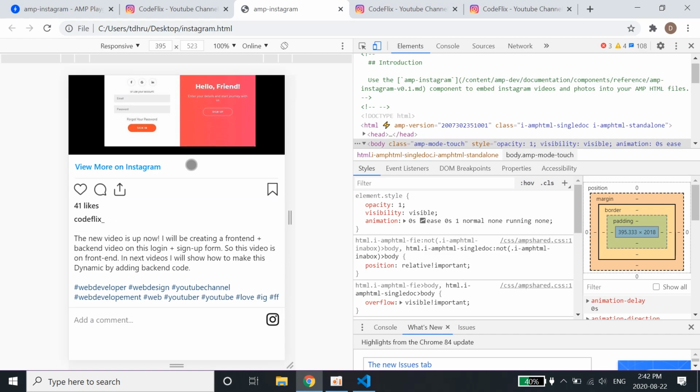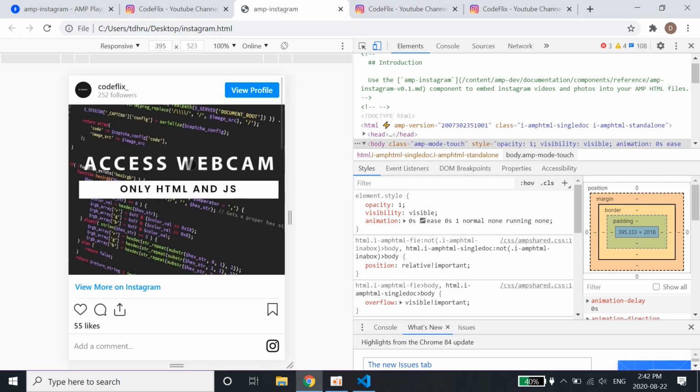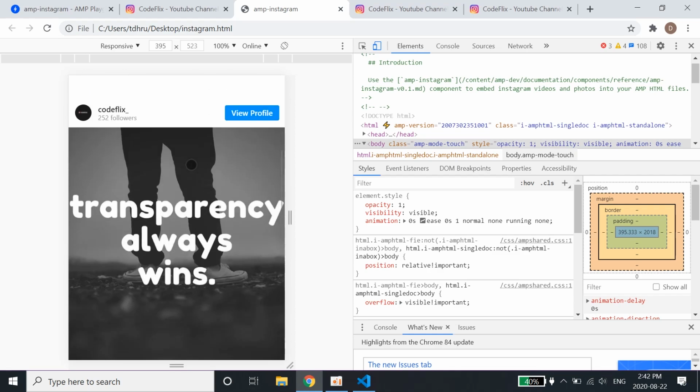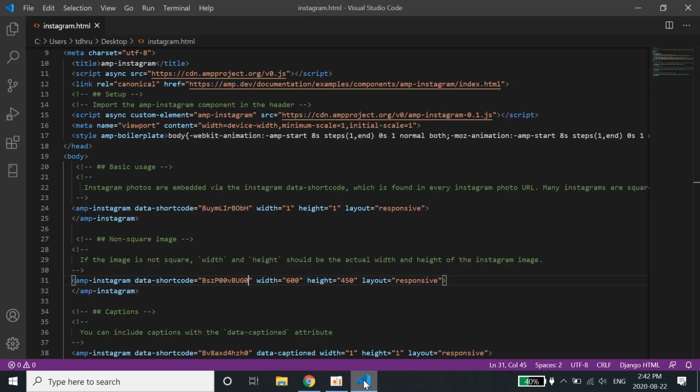But as we said, we can clone the whole Instagram page here, and we can display whatever posts we want. If you want to improve this more, put the shortcodes in the database. You don't have to repeatedly go and copy paste the code.